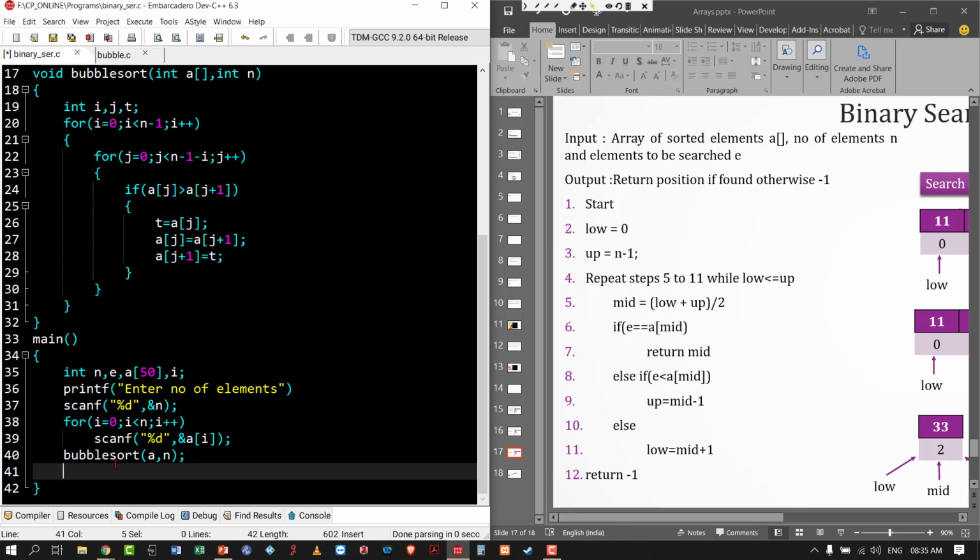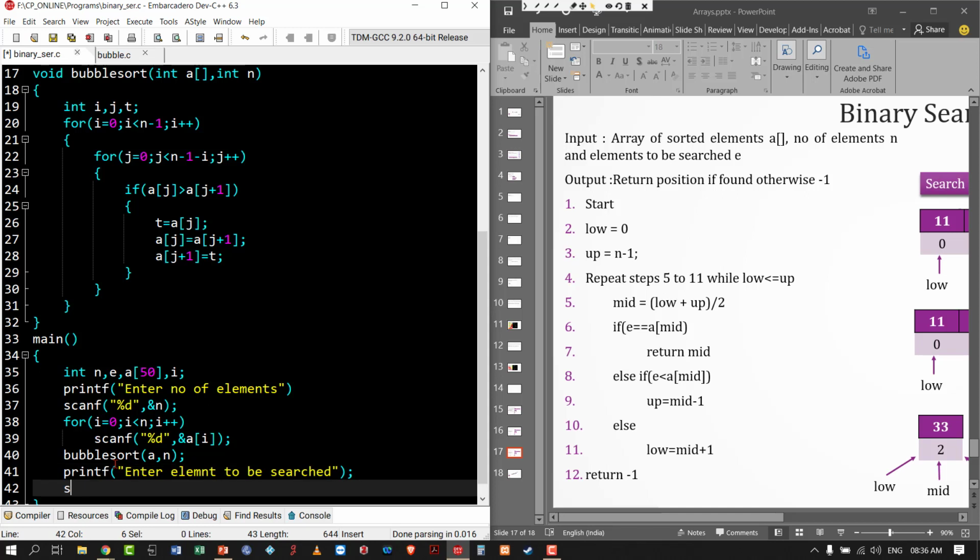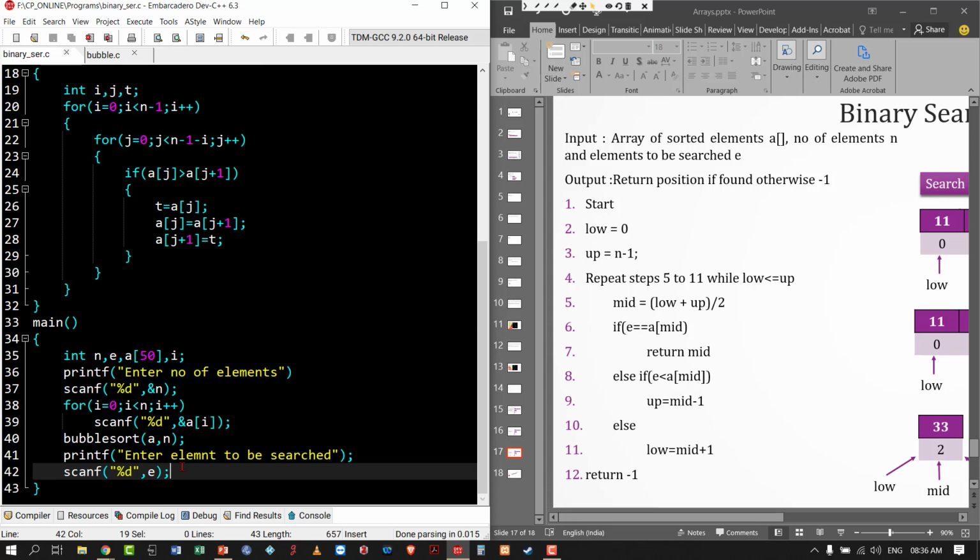Then I am printing one more statement, "enter element to be searched", because I have to read e also. scanf "%d", &e. So now I have a sorted array, the number of elements, and the element to be searched. So I can call